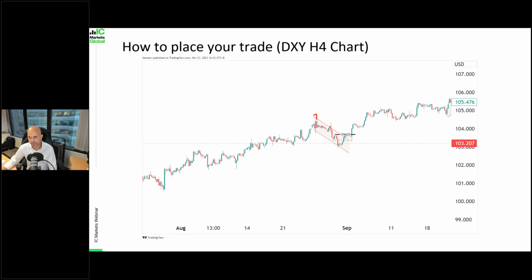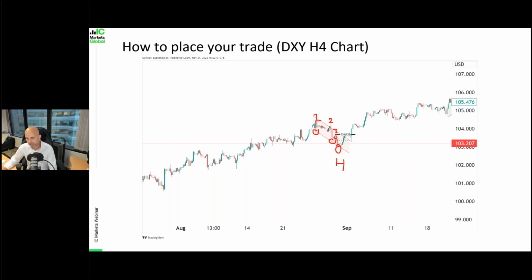Right, the first high is here, second high here, and the third high over here. Similarly to the downside, we have the first low over here, right? This is the first low, the second low, this is the third low, right? So in this case, this is the head, of course, and once we know the head has occurred